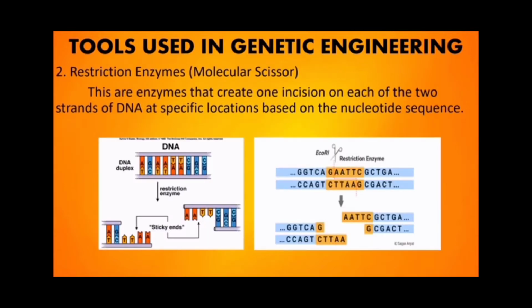The second tool used in genetic engineering is the restriction enzymes or the molecular scissors. These are enzymes that create one incision on each of the two strands of DNA at specific locations based on the nucleotide sequence. So they are also called DNA cutting enzymes because their task is to cut DNA into